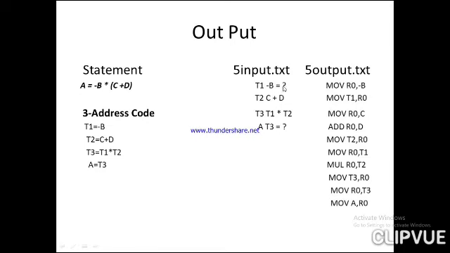Whenever there is an assignment operator, here also there is one more assignment operator. For that purpose again there are 2 instructions. Initially I am moving whatever is in T3 to some register. Similarly, whatever is in the memory location, we move it to the register and then from the register to the memory location. Same here: whatever is in T3, we move into the register R0, and finally whatever is in R0, I move to the target.